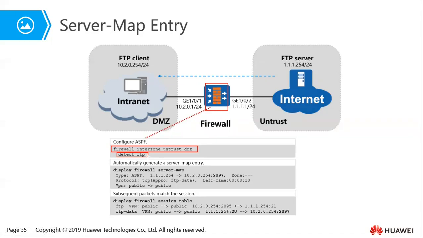Detect FTP. So that is it. That is how we configure application-specific packet filtering. So once you've done that, if, for example, you type display firewall server map,